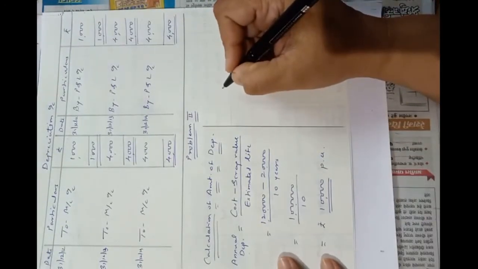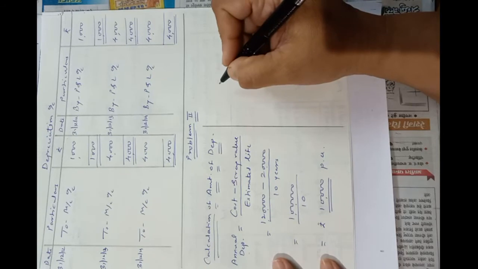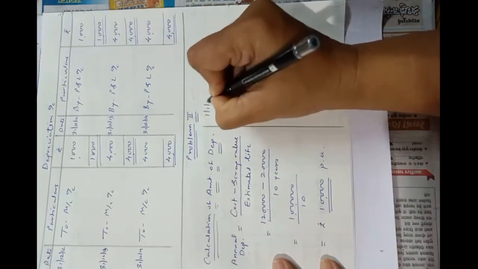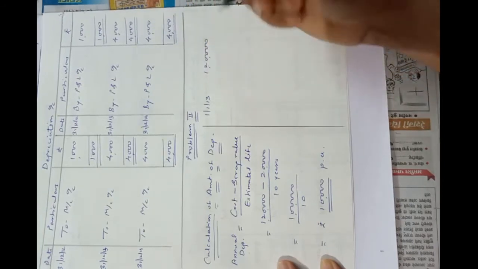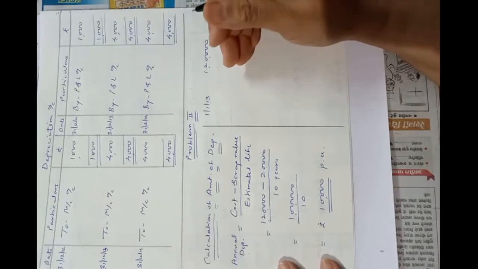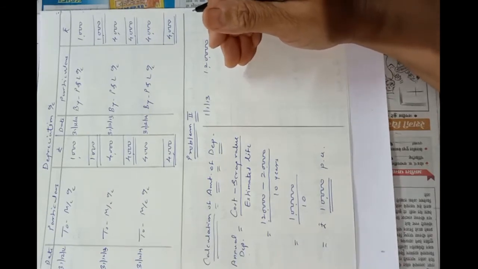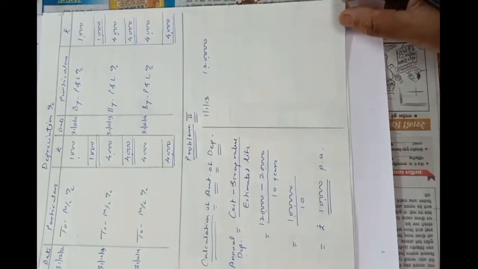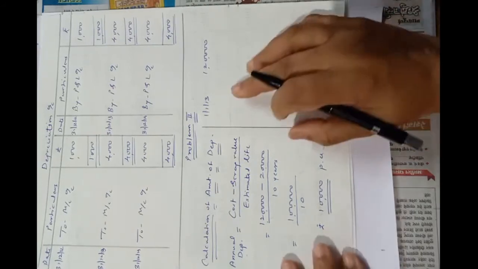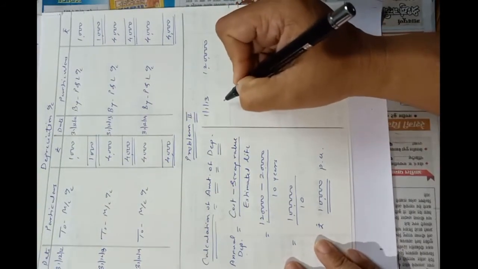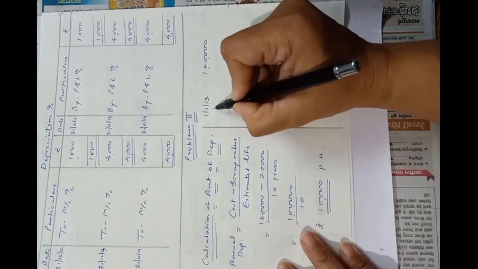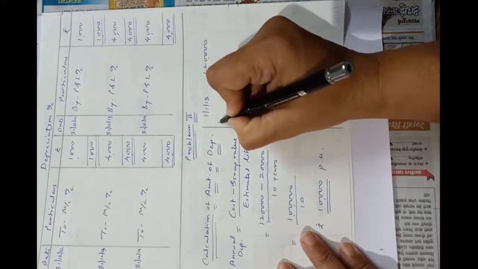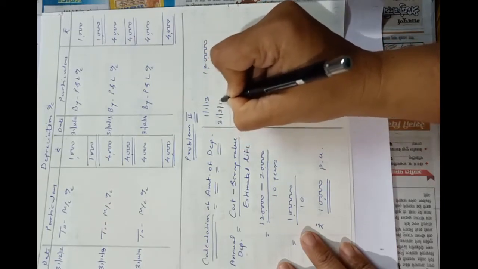See the original cost of machinery, it was purchased on 1st January 2013. So on 1st January 2013 cost of machinery is 1,20,000. Understood? They told us that they follow fixed installment method and books are closed on 31st March every year. So we have to deduct the depreciation on 31st March every year. January 13, February 13 and March 13. So first year ending will be 31st March 2013. Understood?